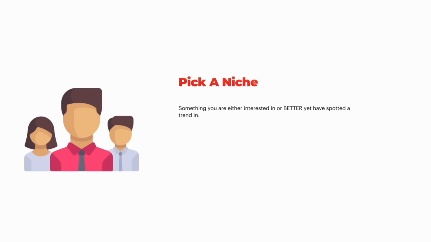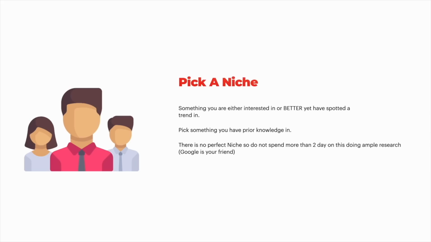So pick something that you've seen a trend in, such as e-commerce businesses or online businesses. Online accounting, for example: this particular month is all about self-assessment over in the UK, doing self-assessment tax. So as you can see, go and help tax accountants get more clients. That would be a trend right there. I also recommend you pick something that you have prior knowledge in. If you have prior knowledge of something, definitely pick that. You can also do something that you've done before as well.